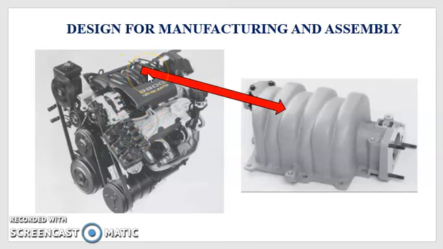air intake manifold. The air intake manifold is mounted on the top of the cylinder head. The intake manifold is used to route air from the throttle to the intake valve of the cylinders. The original intake manifold assembly is shown in this figure. Now we will discuss a case study taken by GM to redesign the air intake manifold.